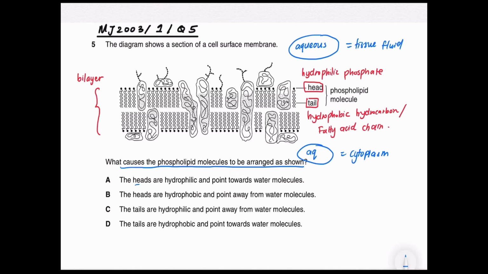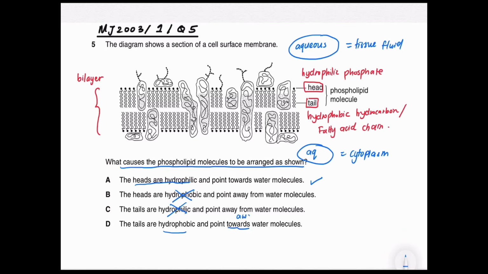So the heads are hydrophilic, correct, and point towards the water molecule, not wrong. The heads are hydrophobic, we know this is wrong. And the tails are hydrophilic, we know this is incorrect. And the tails are hydrophobic and pointing towards the water. If you're hydrophobic, you'll be